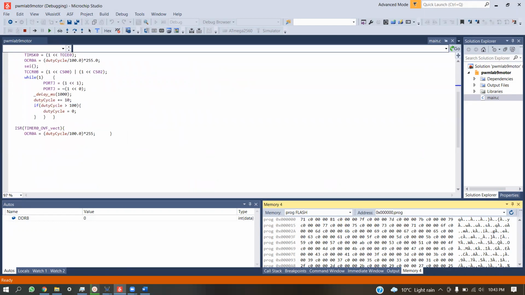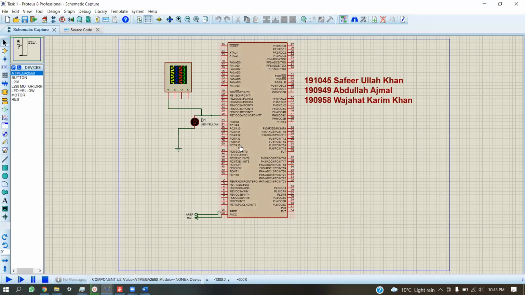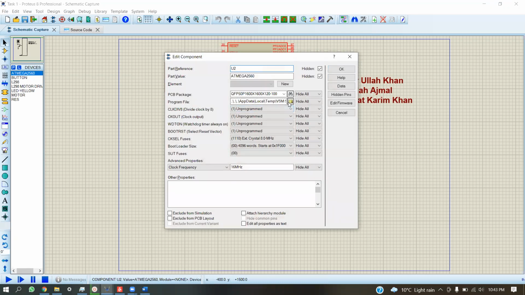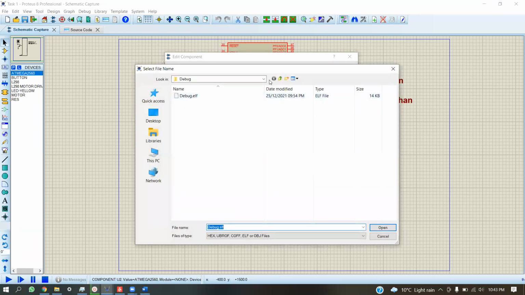So now let us move towards the Proteus simulation. So this is the Proteus simulation. We will add our file.